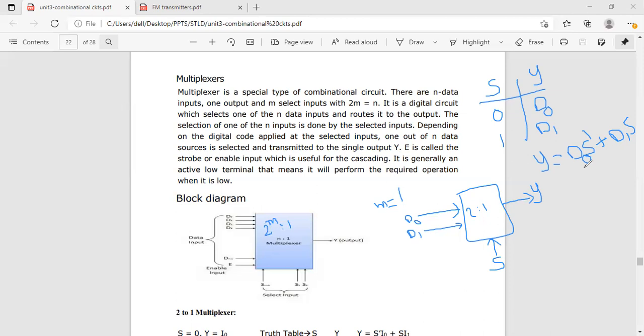And we have multiplexers with enable pins. This enable pin will be used for the cascading. If you want to represent this enable here, so enable always